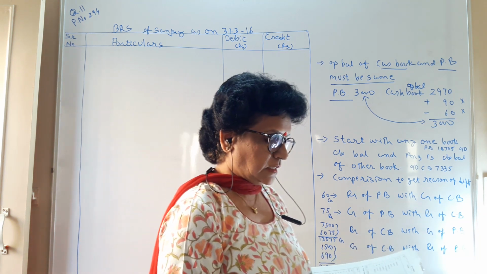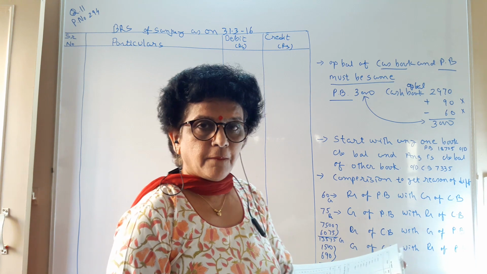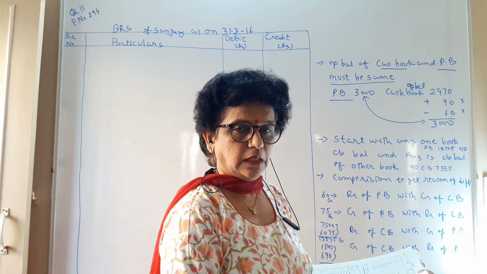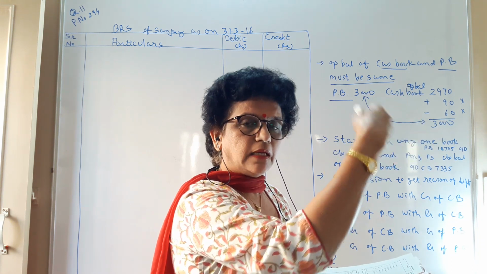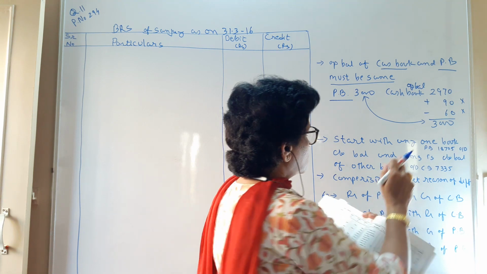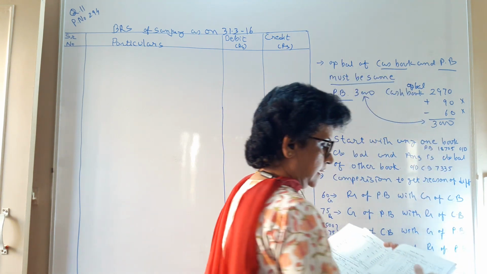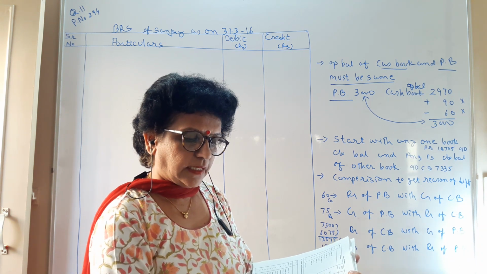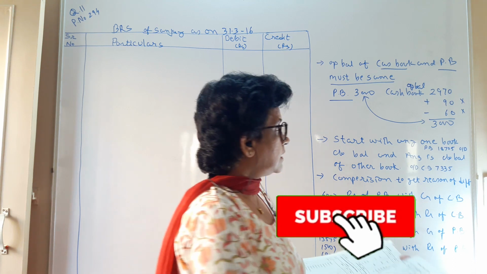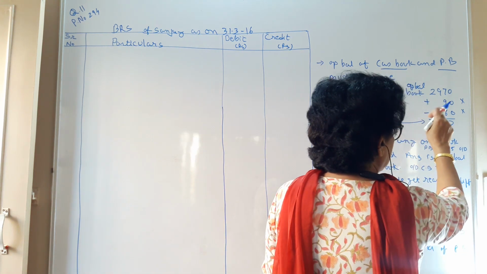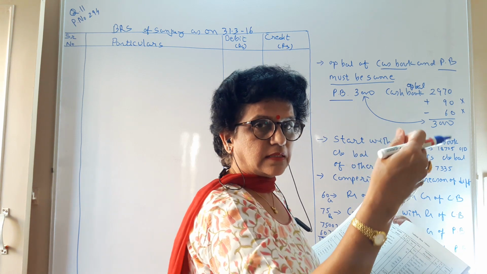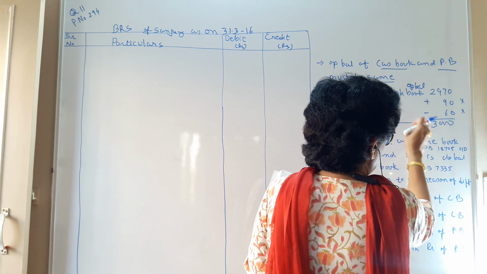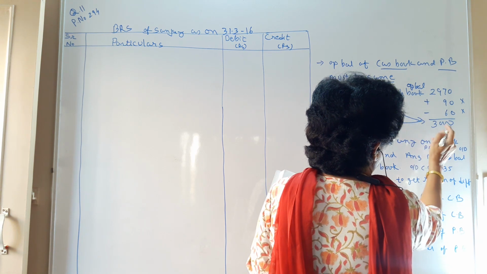You see the commission is given, the cheque received from Alpa. The commission which you have entered in your cash book this month was recorded in the passbook of the previous month. So the commission of 90 rupees, as well as the other bank charges of 60 rupees, on the credit side of the cash book, bank charges expense, you have recorded this time, but in the actual bank such transactions were recorded in the earlier month. So if you adjust these two figures, then only your cash book balance becomes 3000.